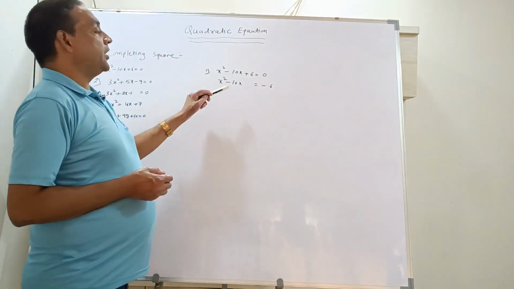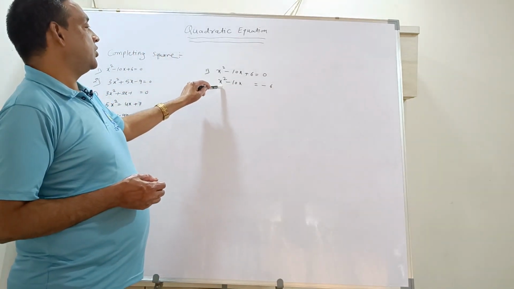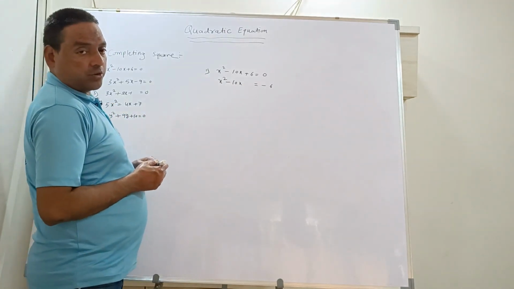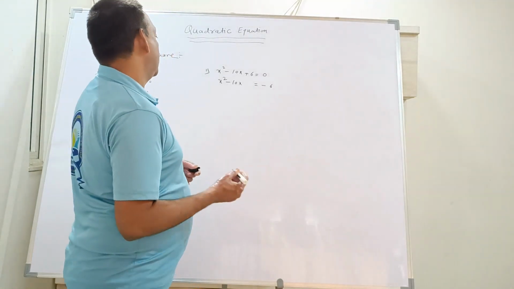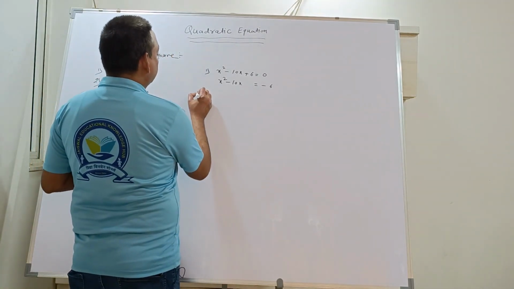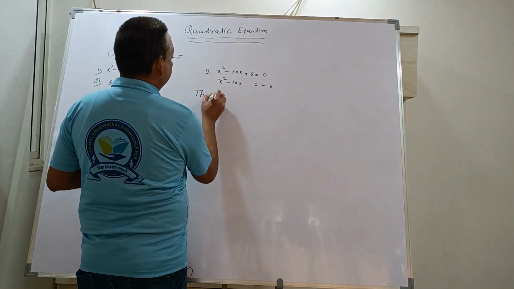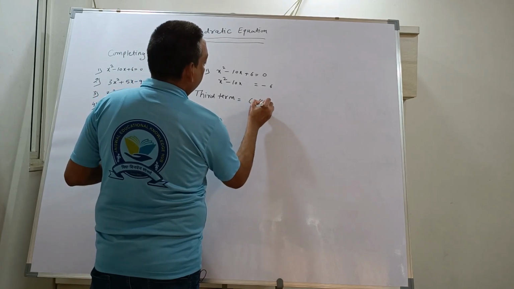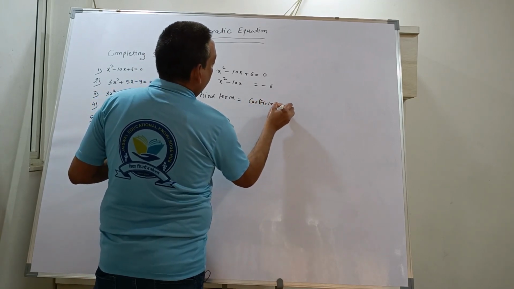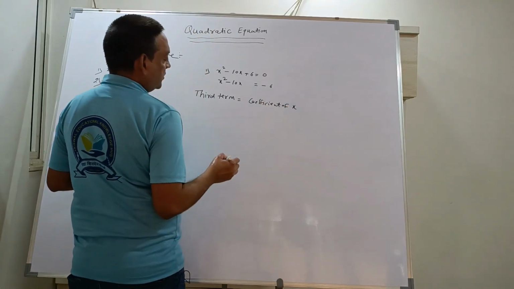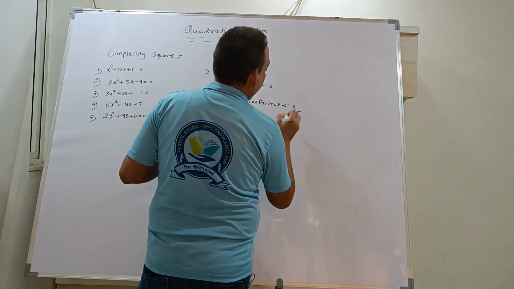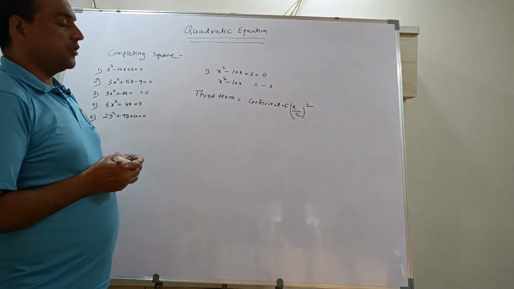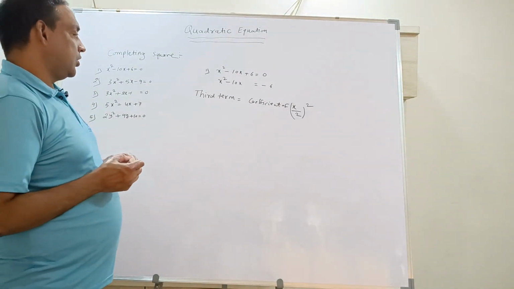Now we have to make it a perfect square. If you see the first video, it is given in that, we have to make the perfect square. So how to make the perfect square? I had given you one formula also for this. Okay, what is the formula here? The third term, or the last term, is equal to coefficient of x divided by 2 the whole square.